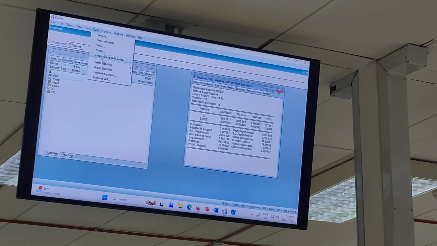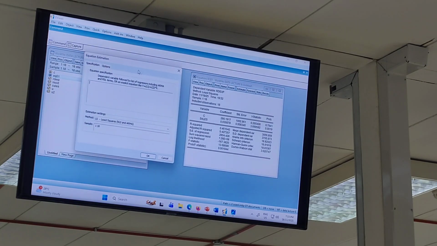So again, quick estimate equation. Now we want to estimate the weighted least square regression by assuming that the error variance is heteroscedastic. So we want to overcome the problem. We try to use the weighted least square. So we re-estimate